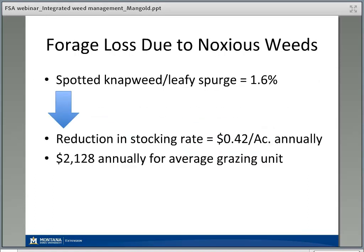Another portion of our analysis looked at the loss of forage due to noxious weeds. So there's the cost of controlling weeds, but then there's also the impact of those weeds in terms of decreasing forage availability for livestock. We had some data from the field, from some other studies that have been done historically, that showed spotted knapweed and leafy spurge result in about a 1.6% decrease in forage availability. And if we crunched some numbers, the reduction in stocking rate ended up being about 42 cents per acre on an annual basis. And for our average grazing unit size of just over 5,000 acres, that calculates to about